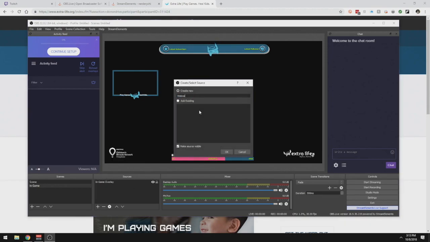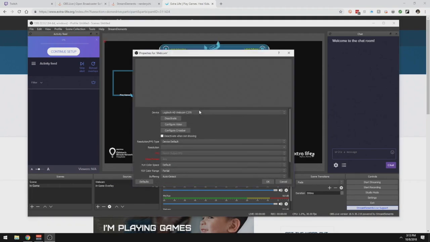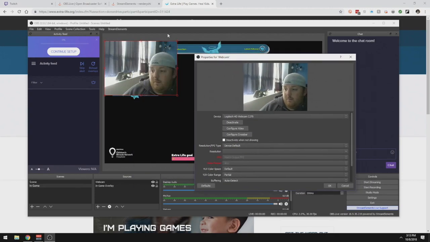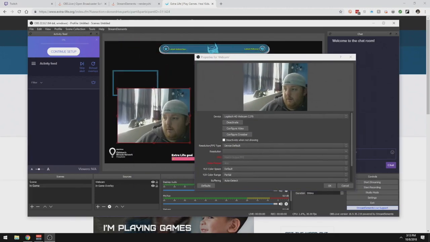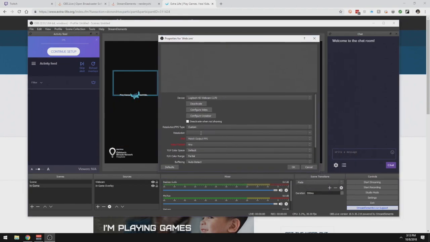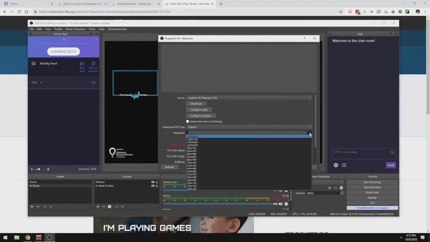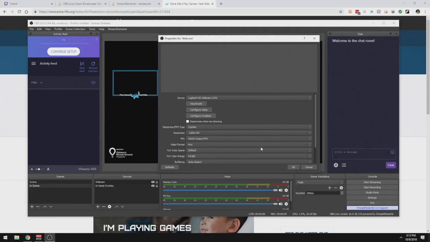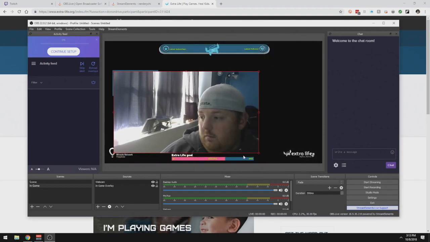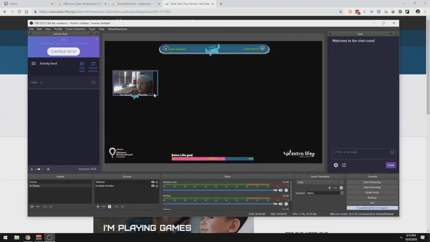Here, I'll type in webcam, and it already has my webcam selected for me. But this box is widescreen, and this image is not. We will change this to custom, and we'll pick a widescreen resolution, like 1280 by 720. There we go. So now we can reduce this,